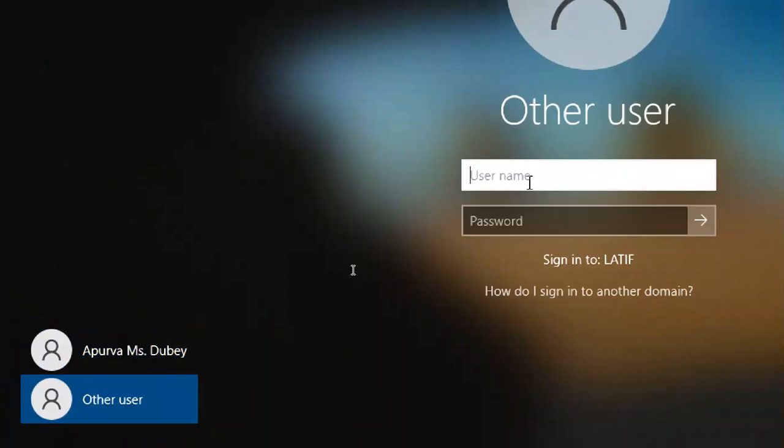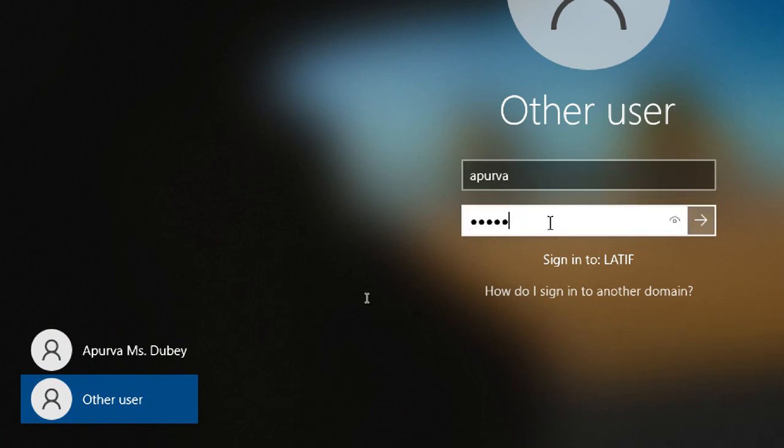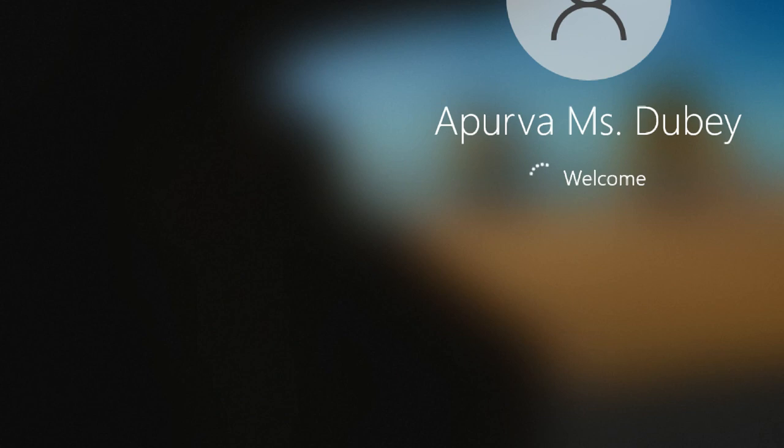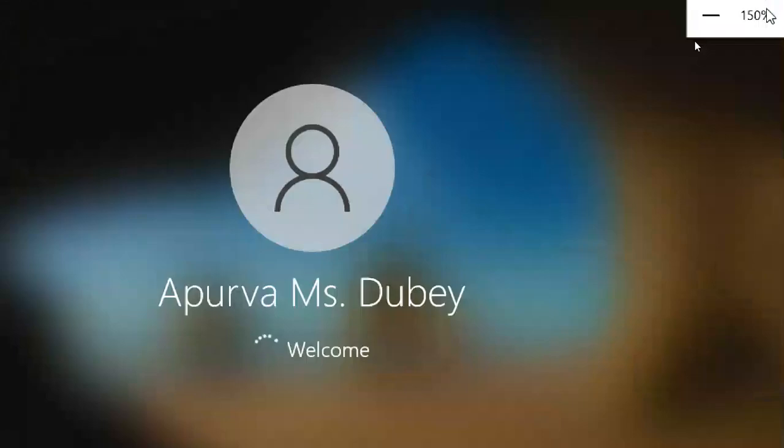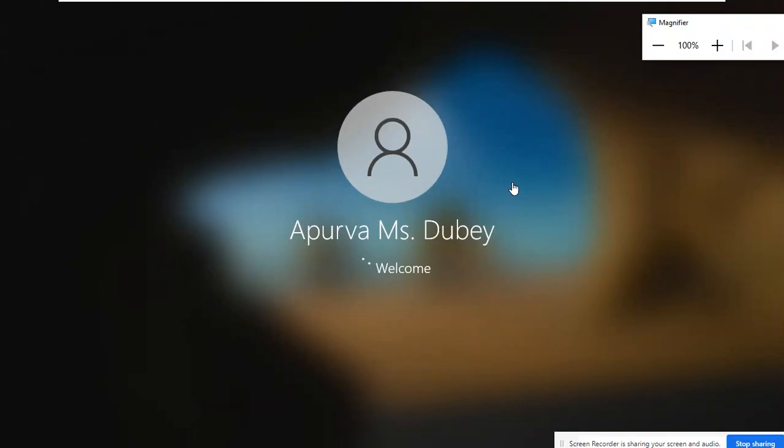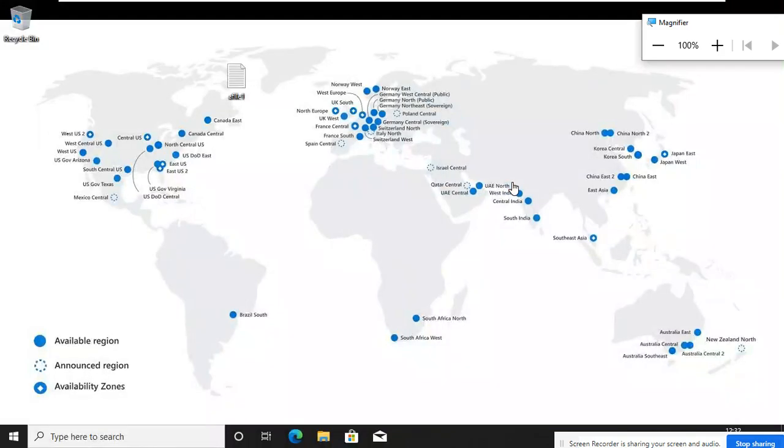So I'm logging in as another user. Here, okay, see, Apurva got a world map.